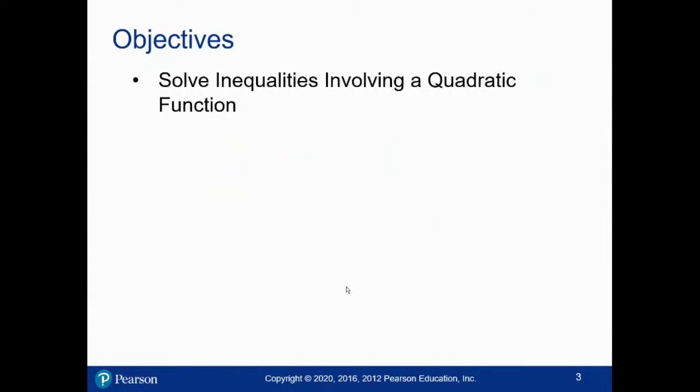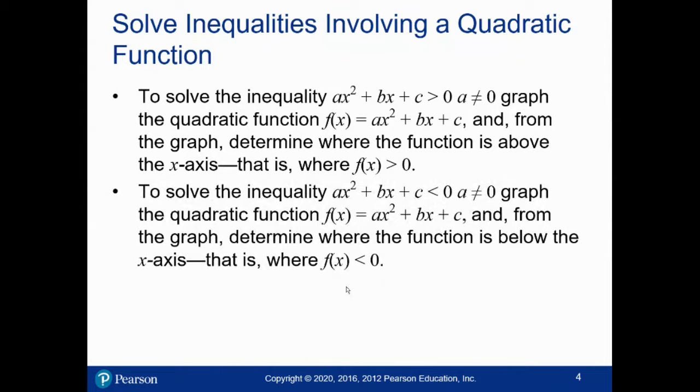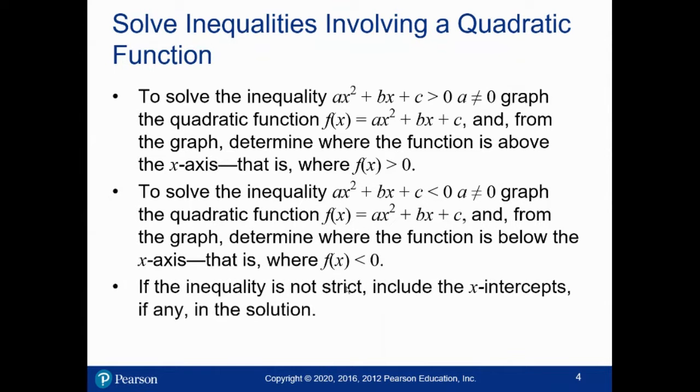So really, there's one objective here. Given a quadratic function in an inequality, can you solve it? So I've got a quadratic function, ax squared plus bx plus c. The fundamental inequality that we need to solve is where is it positive and where is it negative. If you can do this problem correctly, you can do any quadratic inequality correctly. Okay? So to solve it, you need to find where it's above and below the axis,